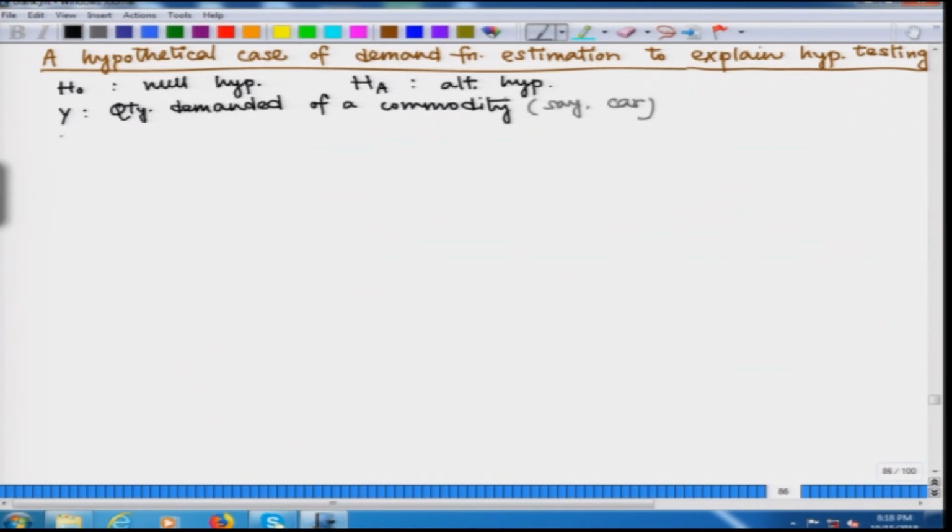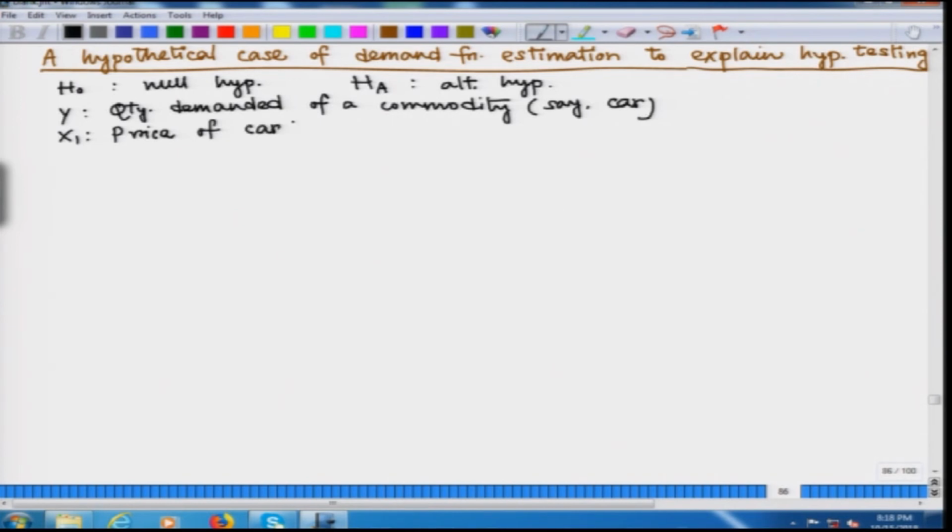A researcher can think about 3 or 4 variables which could explain the variation in y. The first one is of course the price of car,